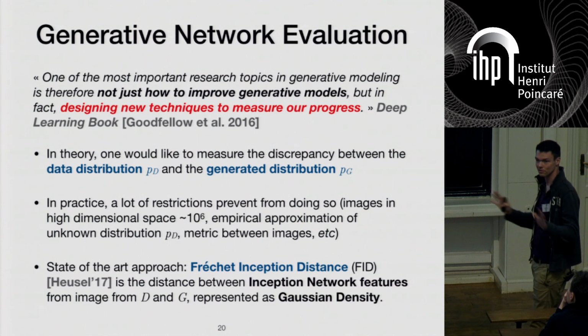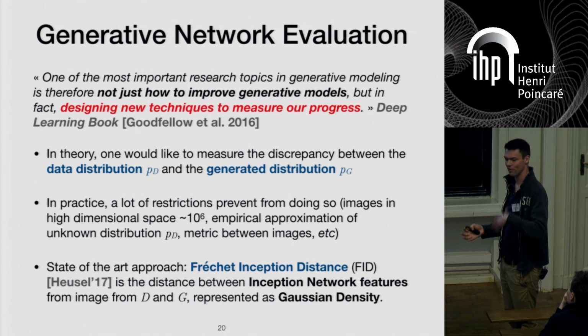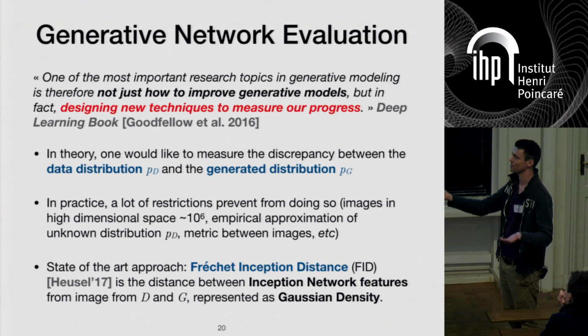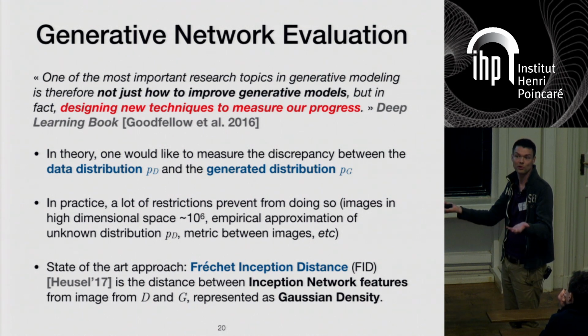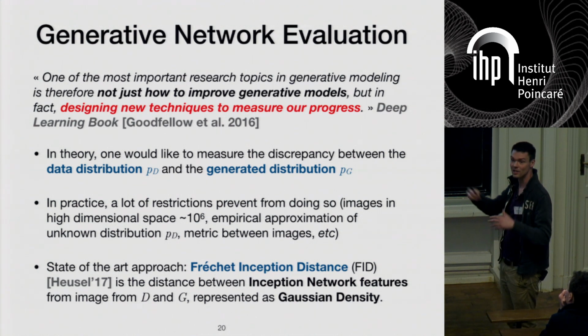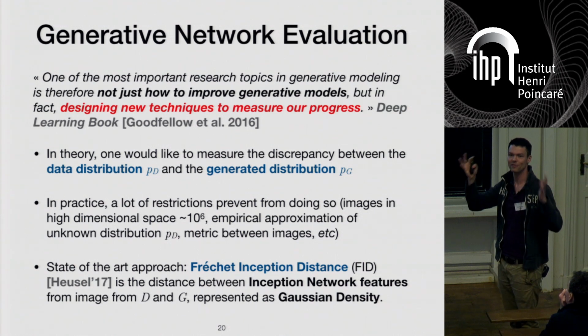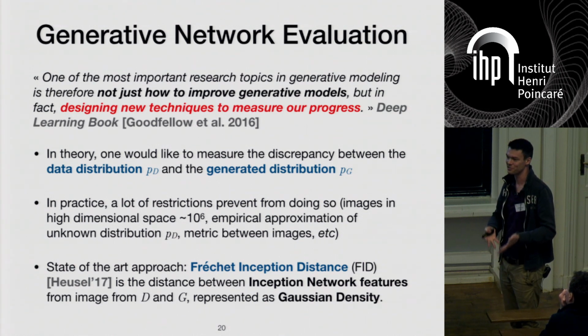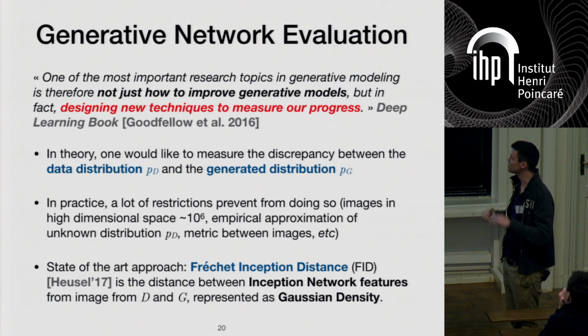So in theory, it's pretty straightforward. We have a dataset, we have generated images, we should compare the distribution of the two. The problem is that we don't know the distribution of images. We only have few samples, and don't forget that those images live in very high dimensional space. So even estimating the distribution is difficult. And even if we manage to do so, we still have to define a metric between images. So this is a very difficult problem,